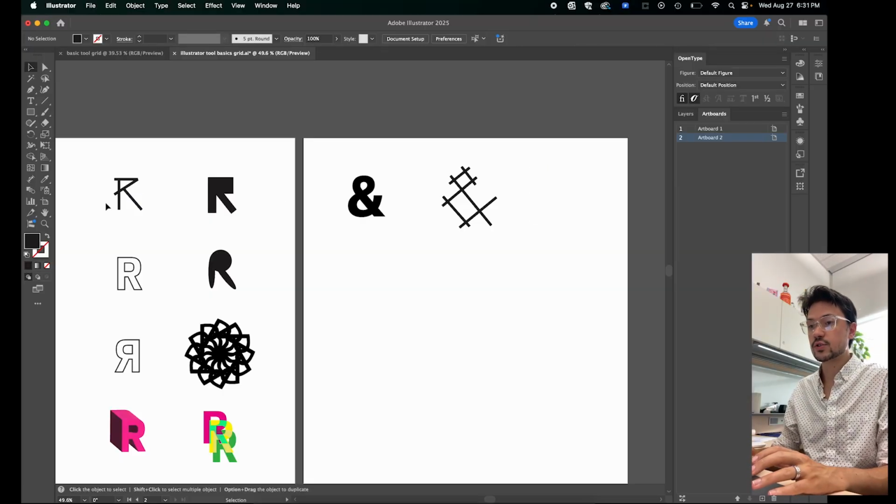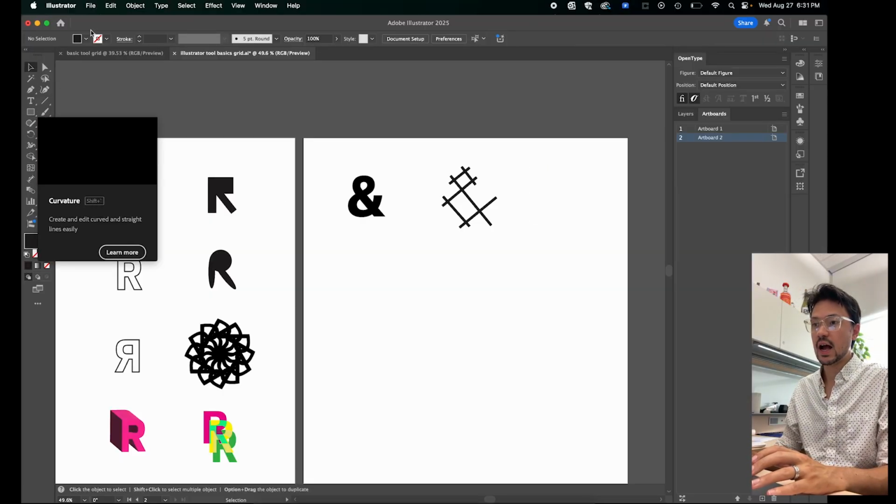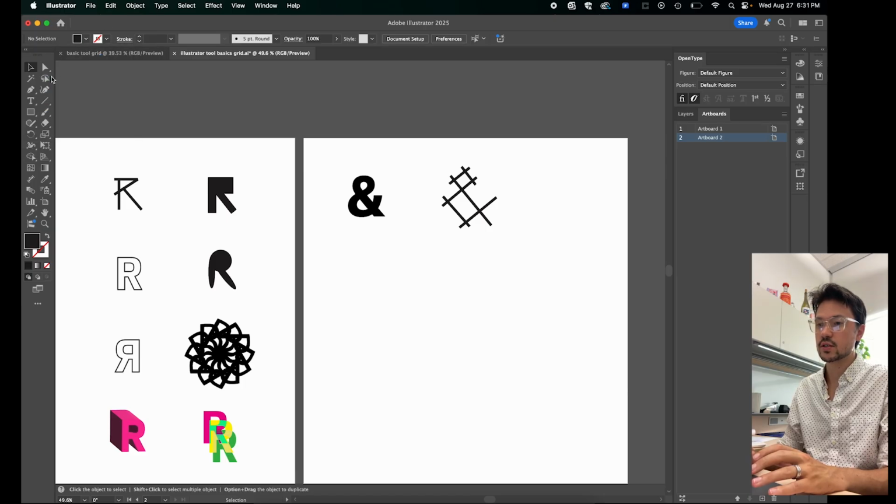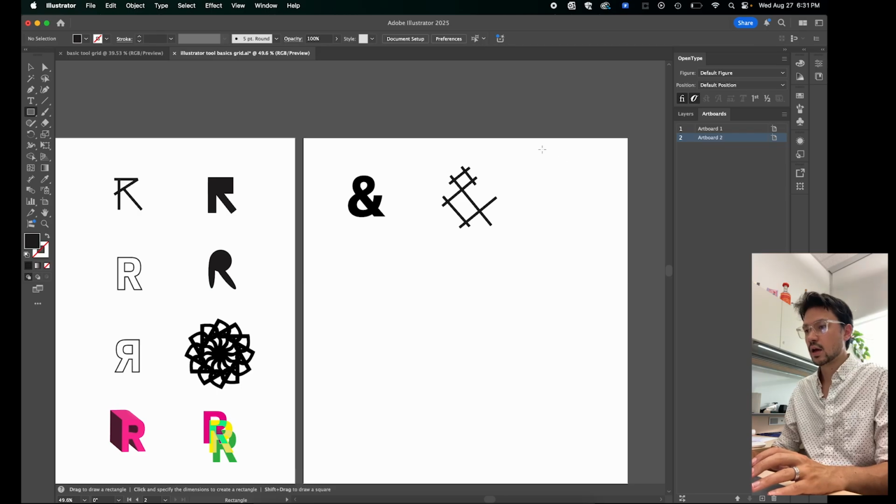If I wanted to do that from the beginning, I have to make sure the fill is selected with the solid black, and the stroke has this red line through it, means there's no stroke. So this is just a solid fill. All right, so again, let's make an ampersand